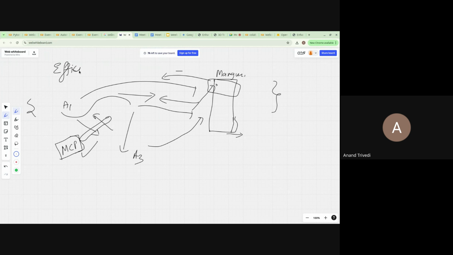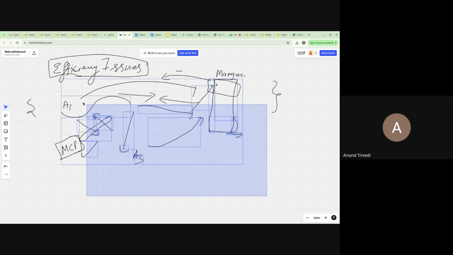A lot of times, what I also feel nowadays is that we have lost one art, and that art is the art of problem solving that used to happen earlier.